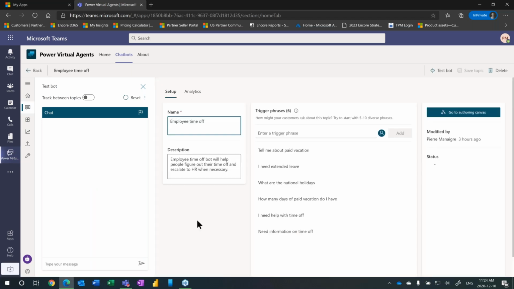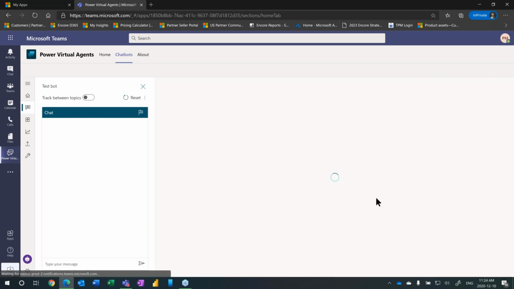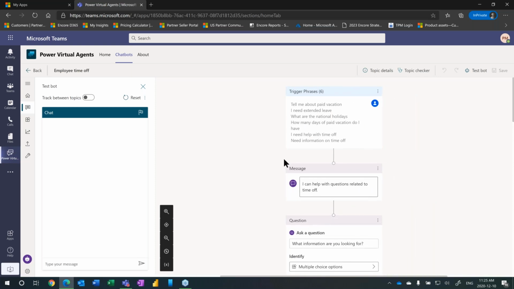So I'm going to just quickly click here, and so these are the topic phrases that are currently active. And you can create additional phrases if there's too many issues with the application not understanding. There is some leeway that it does build in based on language understanding, but as you saw, it does also need a fairly robust set of different ways of saying a certain topic so that it can understand and interpret that information. And now we'll just wait a moment while it brings up the canvas.